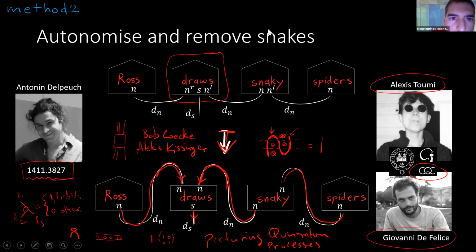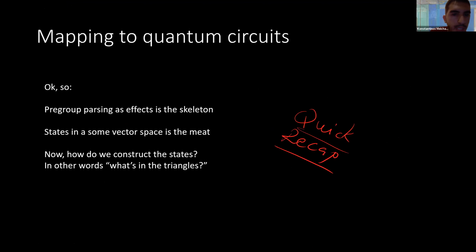Another question. Okay, let's continue. So, recap. We see what we did, right? We have the grammar telling us how to combine the tensors, or if it's quantum, it's telling us between which states to apply quantum effects, maximally entangled vectors. The states are quantum states, and then the question is what is in the states, right?